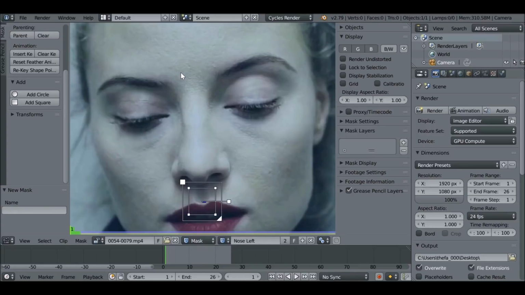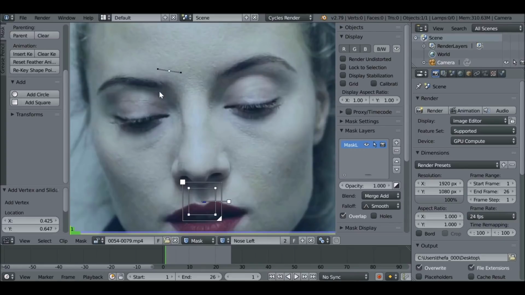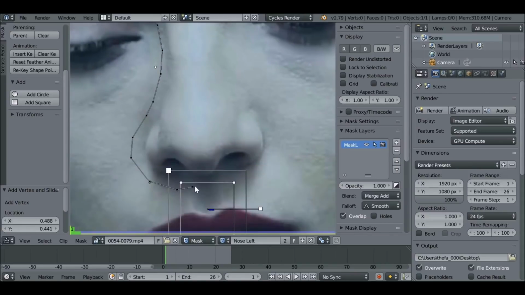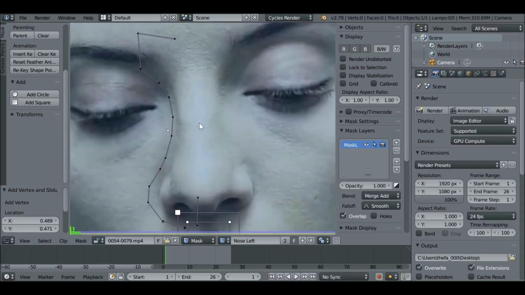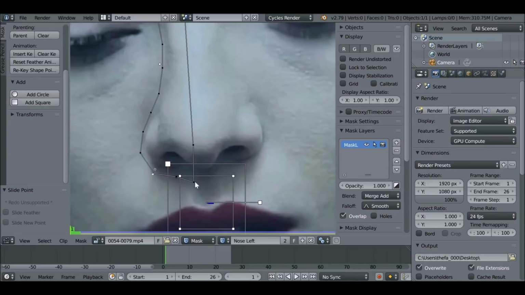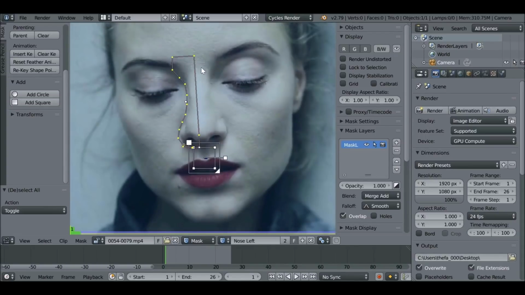If we hit, again, press Control, left click, and I'm just going to create kind of a rough shape like this. I want to go to about here. Then press Alt C to close that. So I'm just going to refine this a bit more. When you're happy with that, press A, and then press A again, then press V, automatic, just as we did